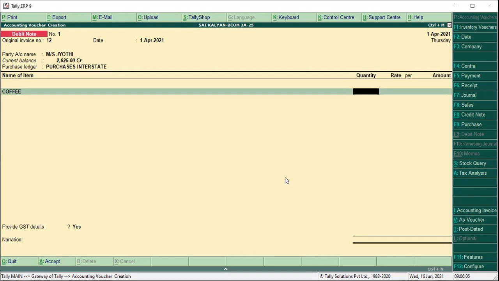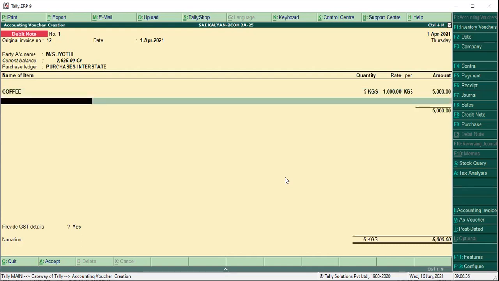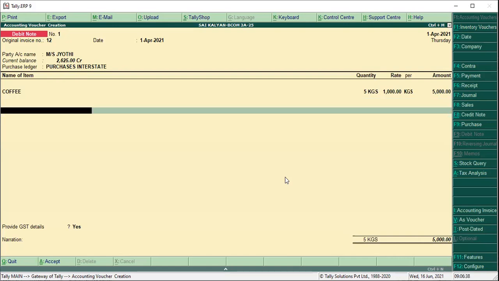Now we put 5 quantity. In order to become 5,000, how many kgs should it be? Then the entry will be reversed.